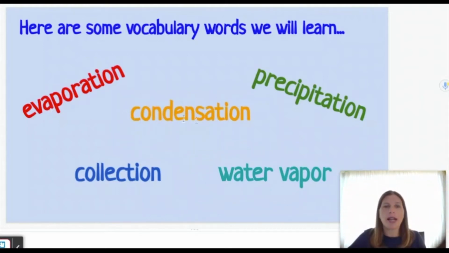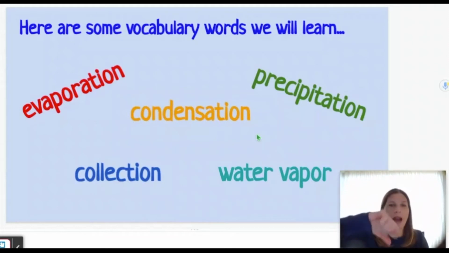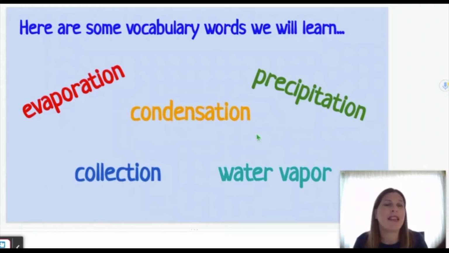And this word is condensation. And I'm going to have you echo it back to me. Great job. And I want you to think the same questions. Have you heard or read this word before, and do you know the definition? Have you heard the word or read the word before, but you're not sure of the definition? And have you never heard the word or you don't know the definition? Thumbs down. Okay, I see this one's not as familiar to some of you, so we'll definitely make sure that everyone understands what condensation means.